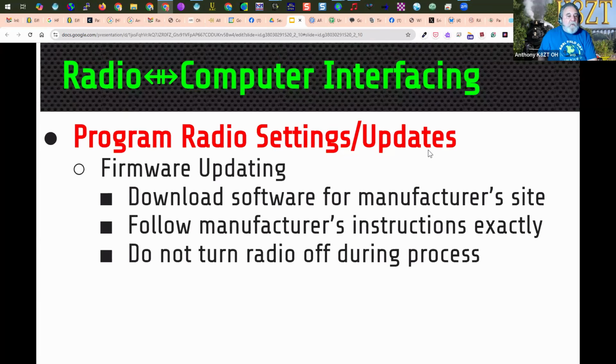So if you are doing firmware updating, download the software from the manufacturer's site, follow the manufacturer's instructions exactly, do not turn off the radio during the process. Now if you are daring,